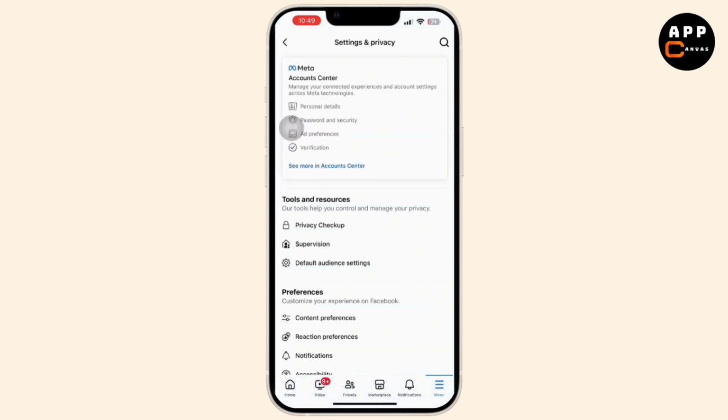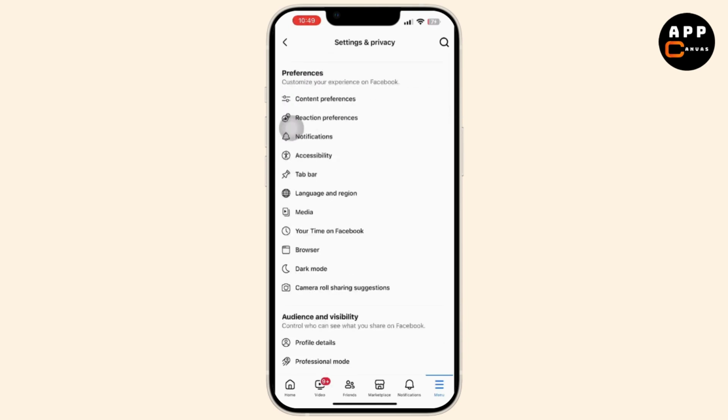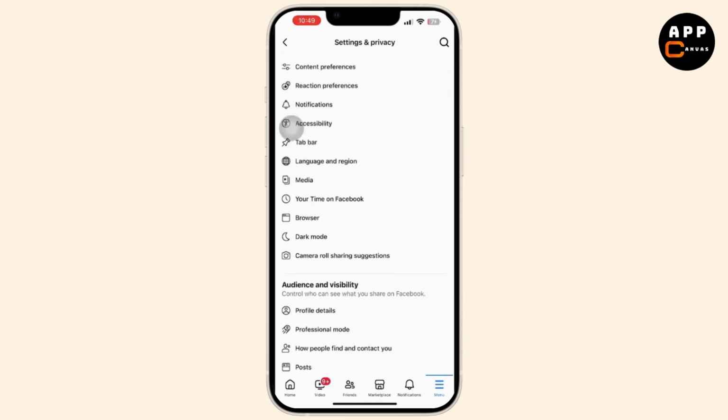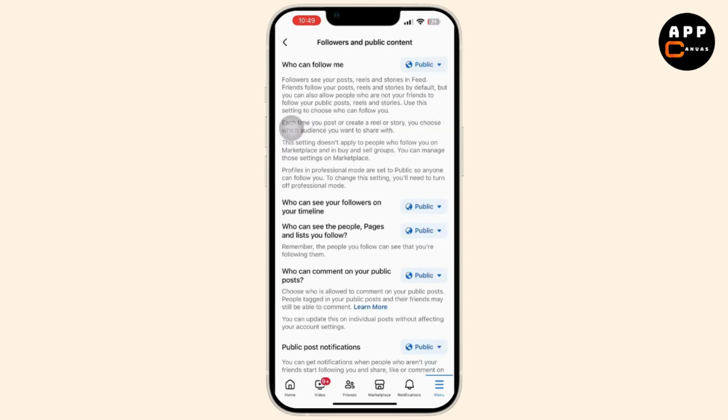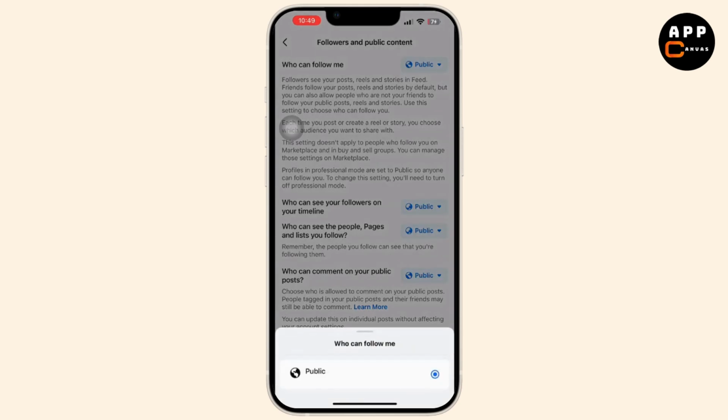Then tap Settings. Now scroll down and look for the Audience and Visibility option available inside the settings. From there, tap on the Followers and Content option available. Now make sure to toggle all of the switches to Friends or Only Me. After you do so,